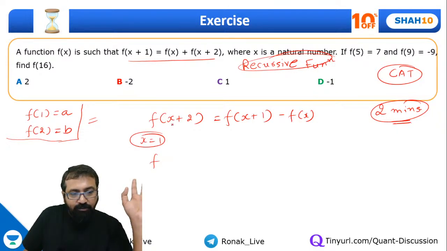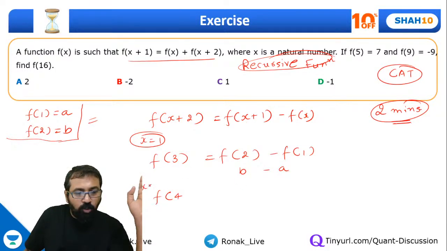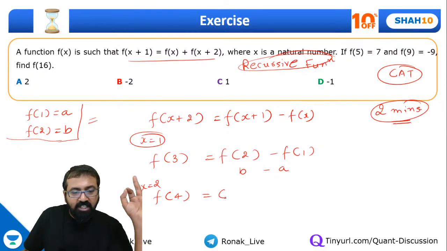So if I put x equal to 1, can I say I'll get f of 3, which is equal to f of 2 minus f of 1, because x equal to 1, so 1 plus 1 is 2 and this is 1. What is f of 2? It's b, and f of 1 is a, so I'll get f of 3 as b minus a. Same way, when I take x equal to 2, what will I get as f of 4? Can I say f of 4 will be f of 3 minus f of 2? So f of 3 is b minus a, minus f of 2 which is b, so you will be left